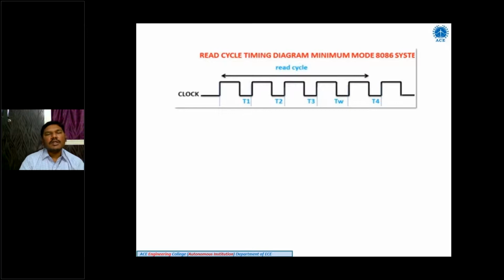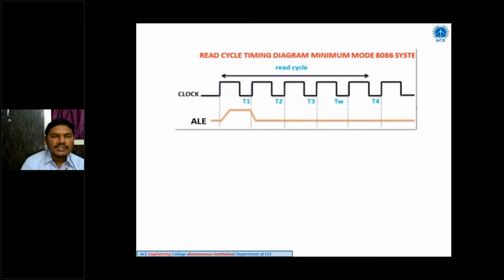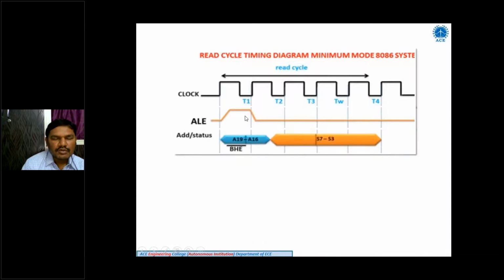So once again we will see, the read cycle or write cycle timing diagram of minimum mode or maximum mode is very important. To read or write the data, we need 4 clock cycles. Between T3 and T4, we have a TW. This TW is called the wait time or wait state, and this is ALE equal to 1, as I have given in the 8086 pin diagram. If ALE equals 1, address, and if ALE equals 0, data. See here, from here to here the address line is 1, and from here to here it is 0. So first we have to go to that location to get the address to data.